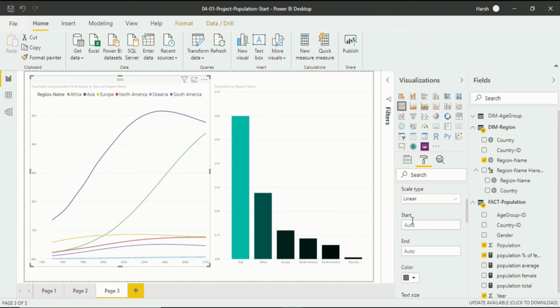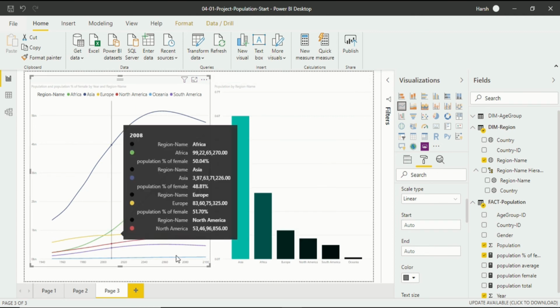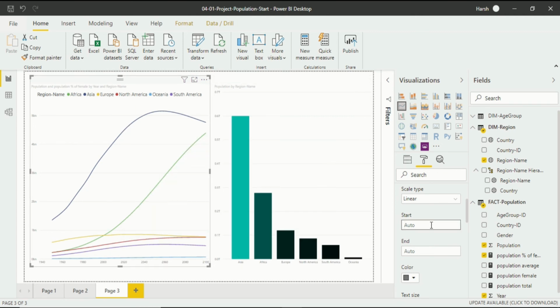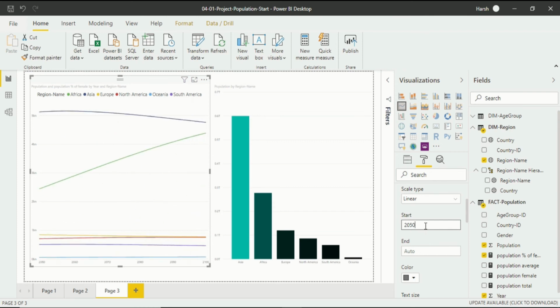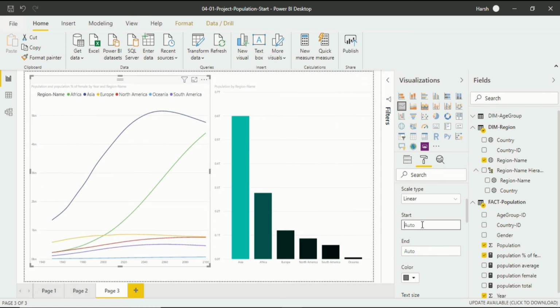If I click on it, you will be able to see that we have data from 1950 to 2100, and I want the data to start from 2050. If I put in 2050, your data will change, and from 2050 to 2100 your data will be present. Accordingly, you can change the timeline as per your own requirement, and this repeats with the end also.